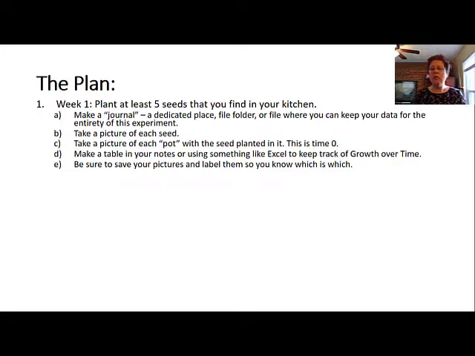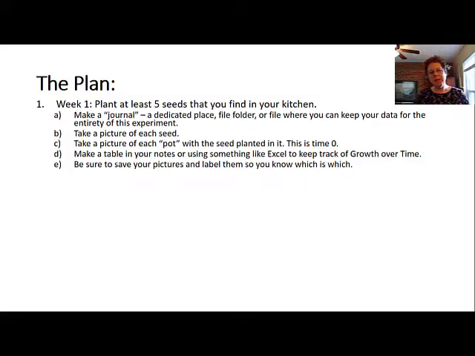I want you to start a journal. Make a dedicated place, a file folder, a file, a paper journal, plus a file, whatever you want to do where you can keep your data for the entirety of this experiment. We're going to do this experiment for the next several weeks. So start with a plan of how you're going to store your data, because you're going to need it when